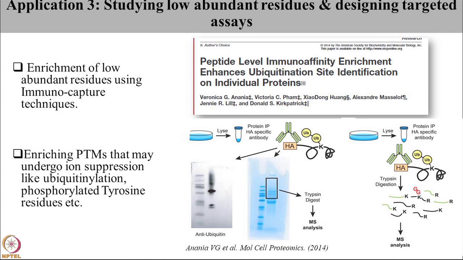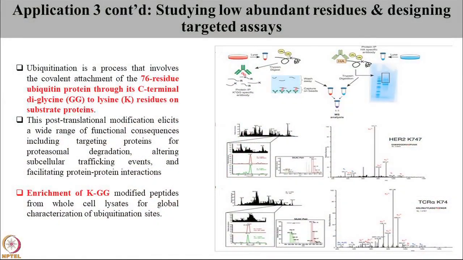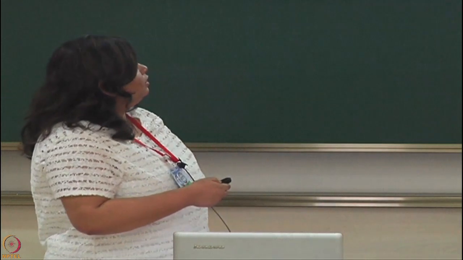So what they have done is they have enriched the sample using this KGG stretch. They have tried to enrich only samples that have that ubiquitination. And then what they have seen is that in the mass spectrometry, they can identify the sites of ubiquitination, so they can see the stretches of K and G. Thereby, they can be confident that they have identified the proteins that are enriched in ubiquitination.